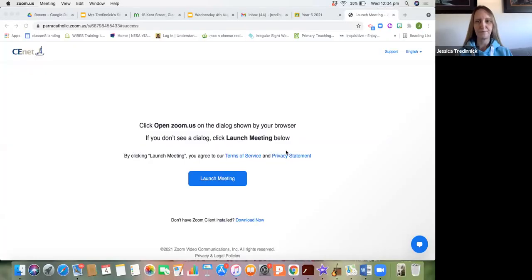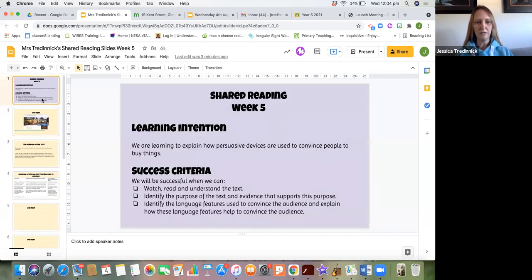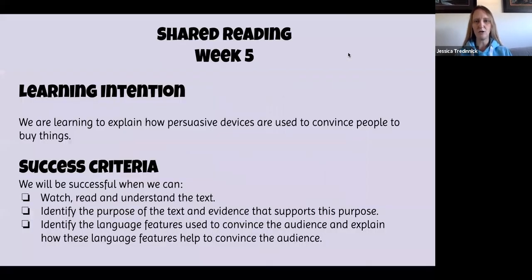So I'll just go share my screen. Okay. I was thinking of putting this in present mode, but I am going to be jumping around to the website, so I won't do that for now. Or actually, I might put it in present mode, but then I'll have to take it off present mode to